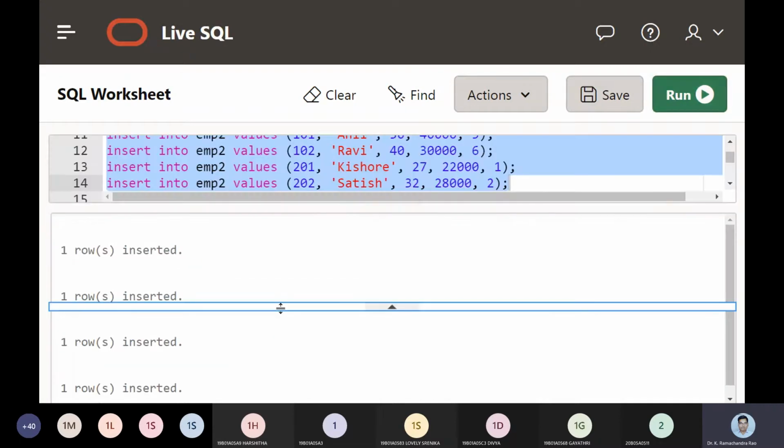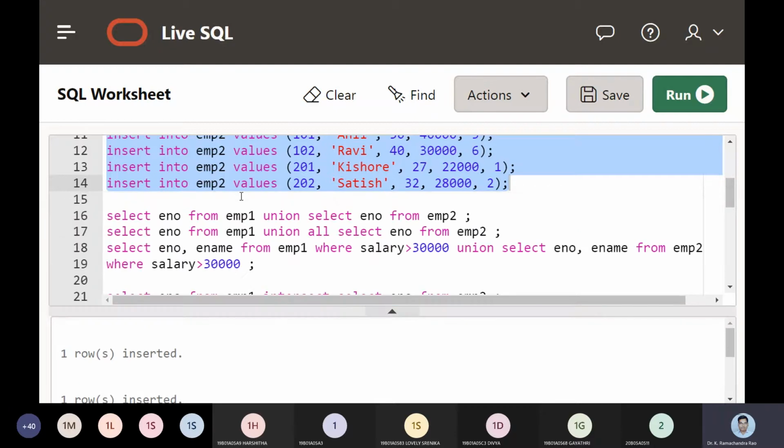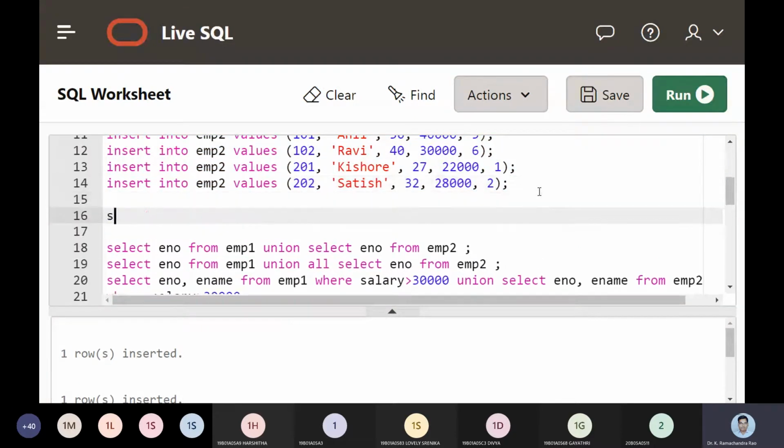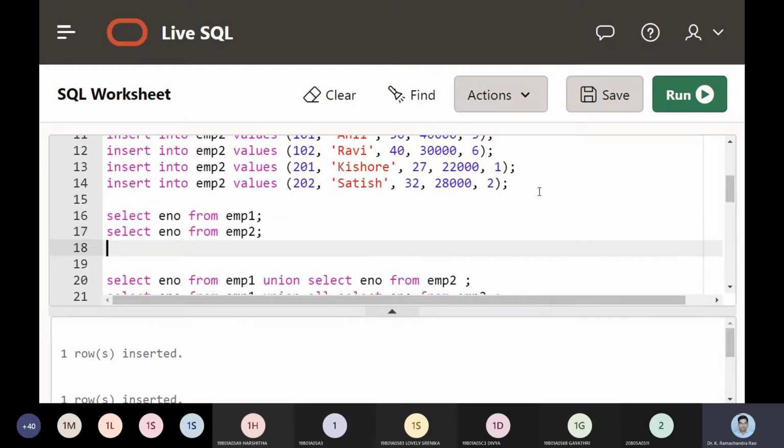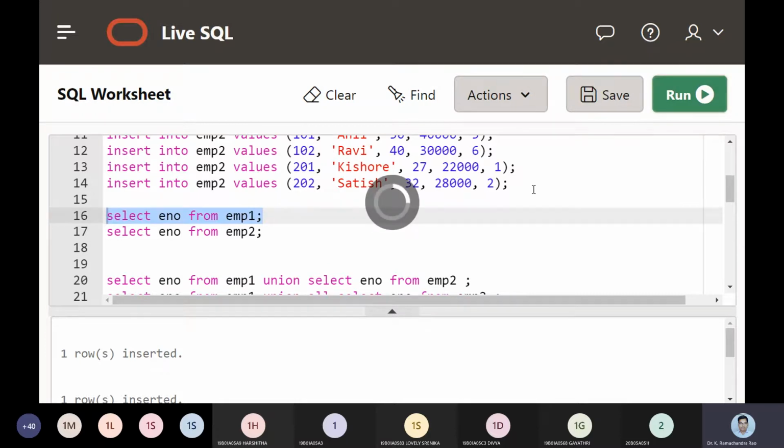So let us take some wildcard entries and then see. Select employee number from EMP1. Similarly, select employee number from employee 2. These are the two tables. For clear understanding, we will have these justifications.